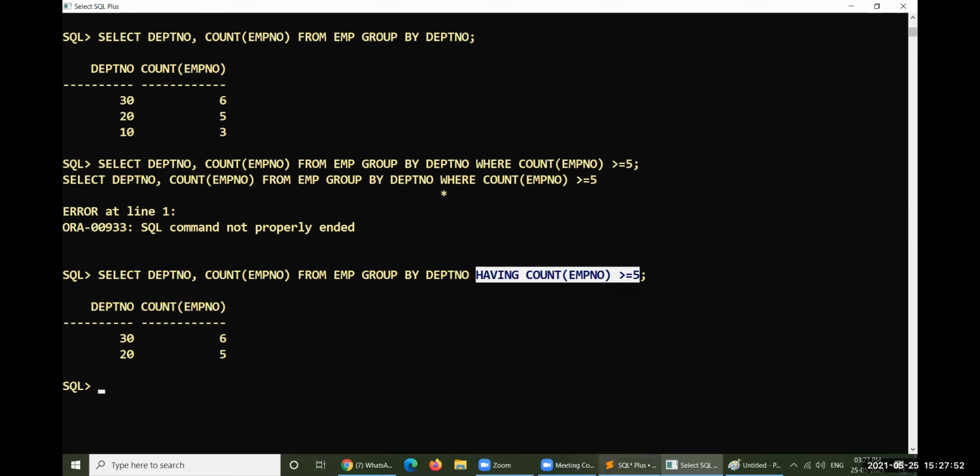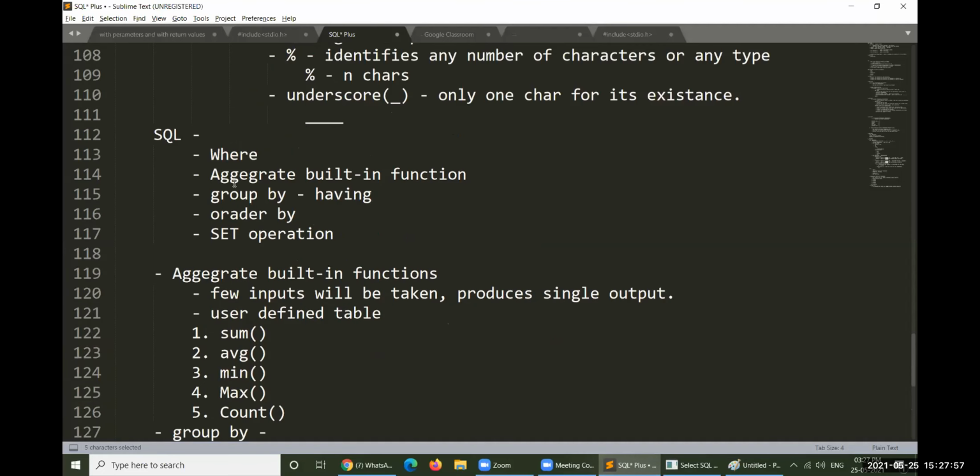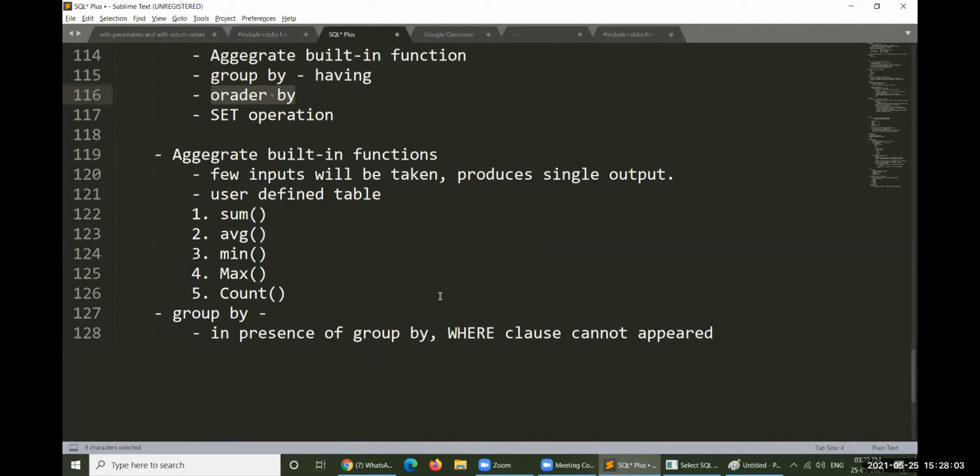So let me go ahead with that. That is what about the group by with the aggregate functions. Then order by. Order by always is going to sort the given table's information based on one particular column. Okay, based on one particular column, it is going to sort. Look at this.